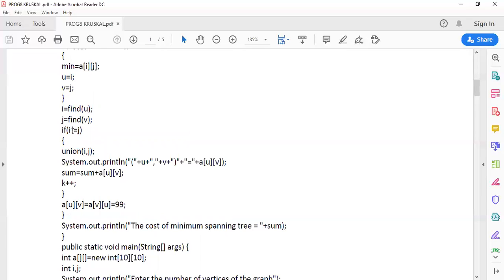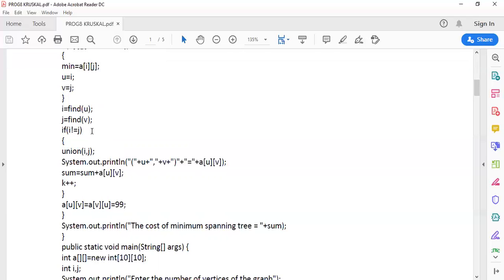The parent of vertex 1 and the parent of vertex 2 are not the same. That condition is very, very important before calling union. Why? If the parents of the two vertices are the same and you add an edge between those two vertices, you are forming a cycle.